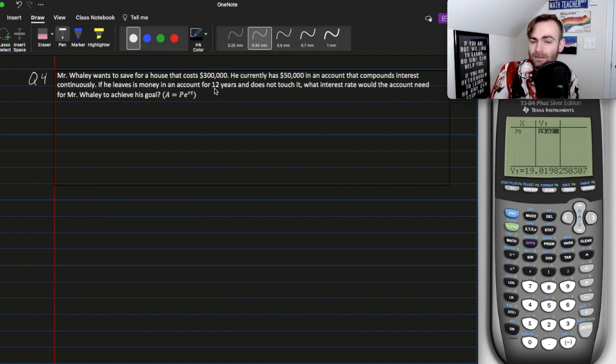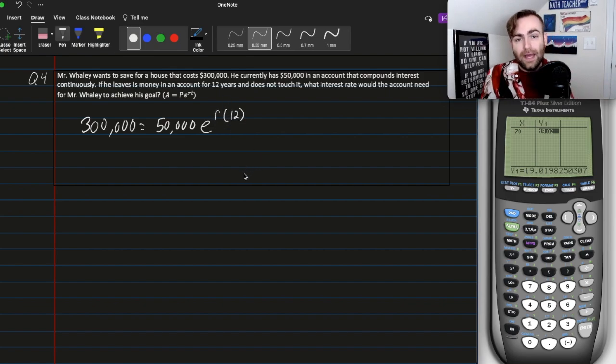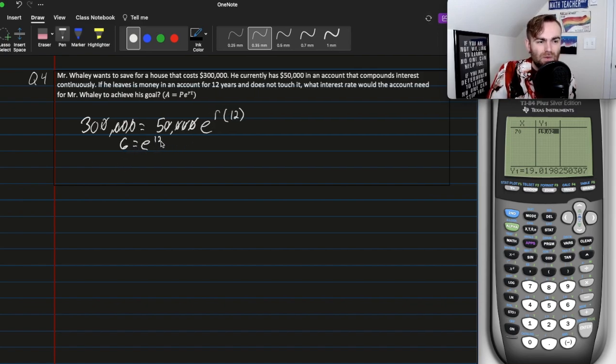So we're going to plug in everything to where it goes. So we have the amount I want is 300,000. The amount I have is 50,000. Then we're multiplying that by e to the power of whatever the interest rate is times the 12 years. And we can do a lot here. First of all, we can divide by 50,000, which is basically dividing 30 by 5. That's 6. So we have 6 is equal to e to the, I'm going to rewrite this as